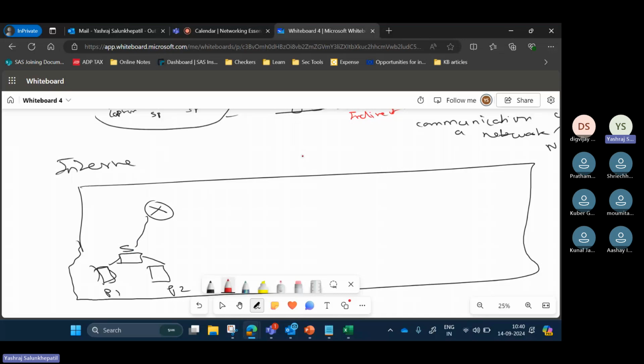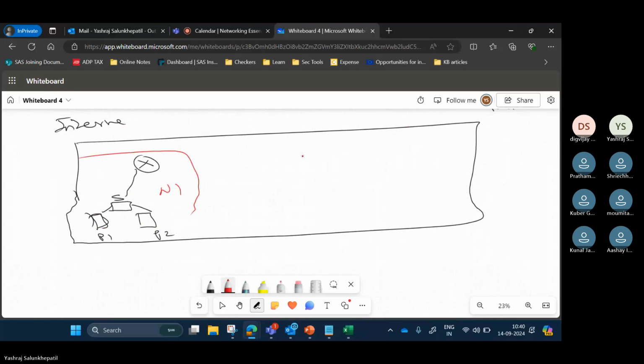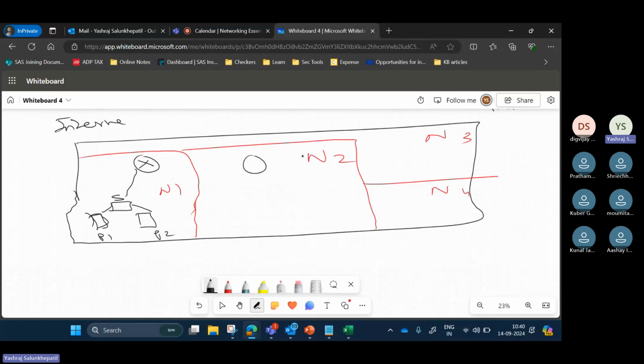So this is network 1. Similarly, there will be network 2, network 3, network 4, and all of these will have a router for communication. Why? Because these are different networks, so all of them will have a router.